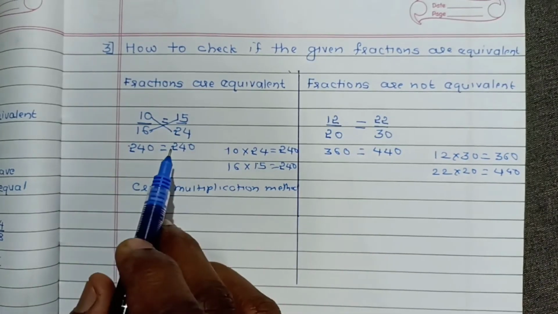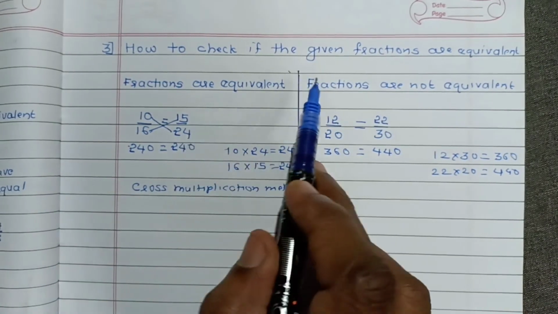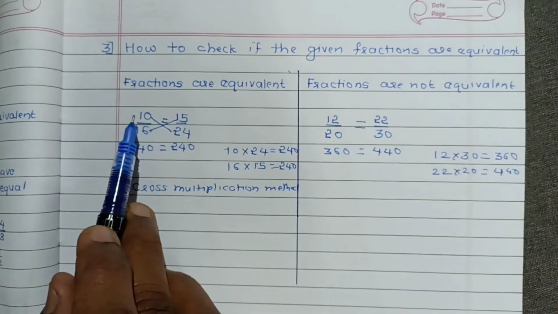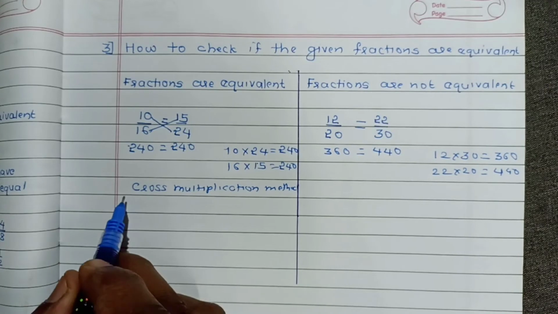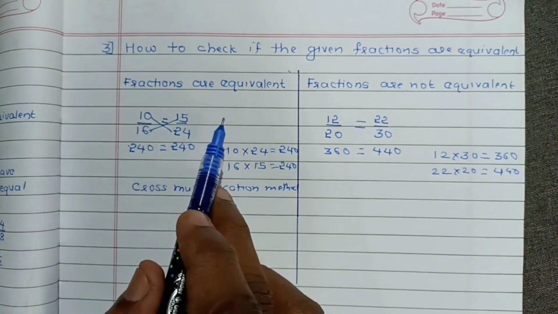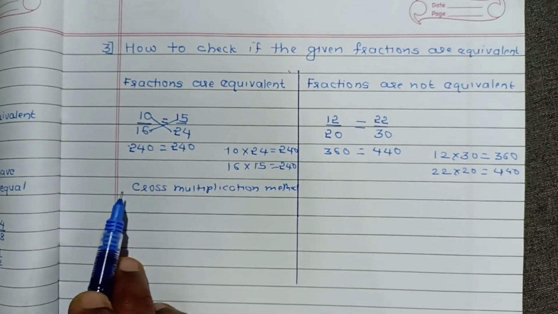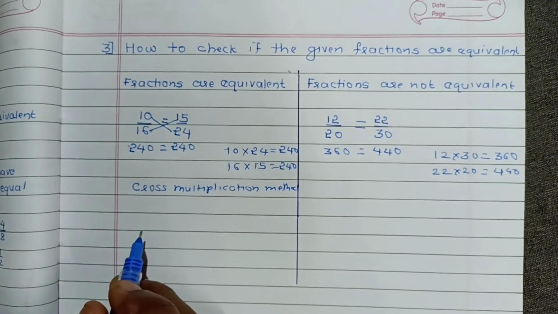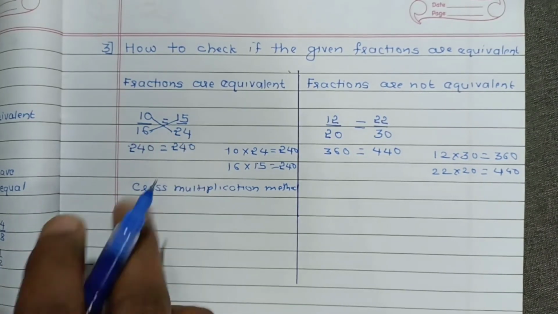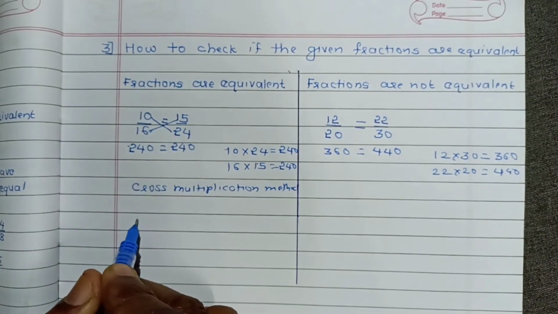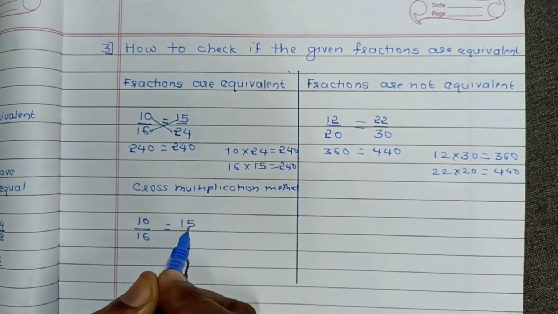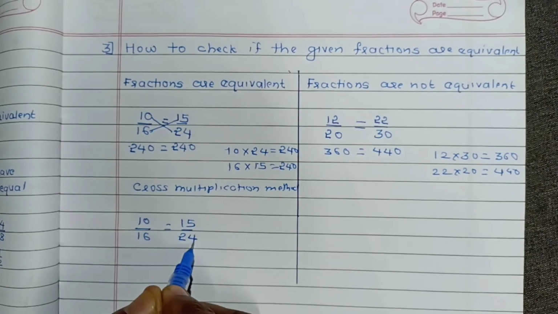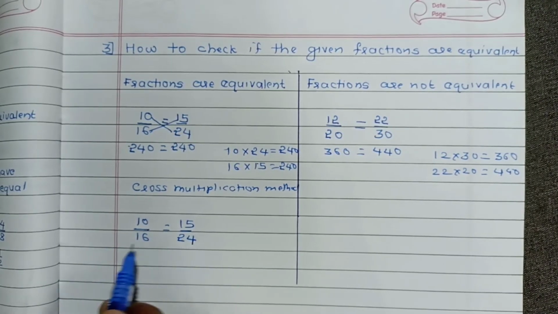One more method is there to find out if the given fractions are equivalent. Let us take the same fractions, 10 upon 16 and 15 upon 24. The first method to find out whether the fractions are equivalent or not is called the cross multiplication method. The second method is by making the denominators the same. Let me take the same fractions, 10 upon 16 and 15 upon 24. Here the denominators are different, therefore you have to find out the